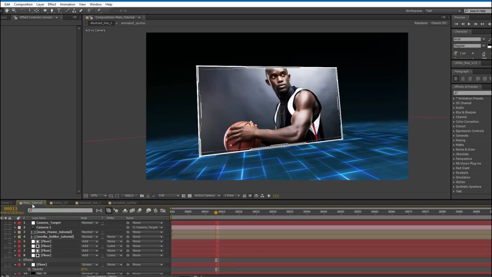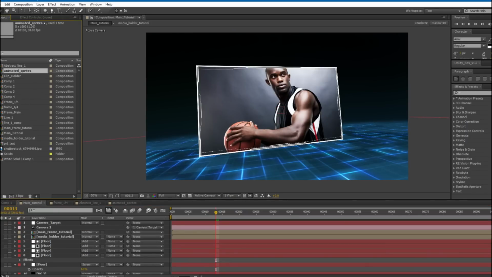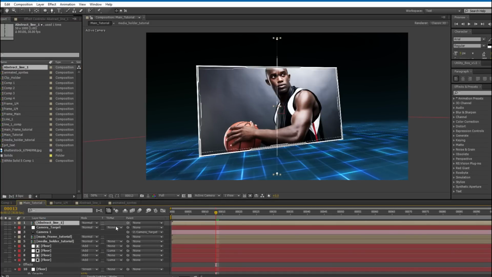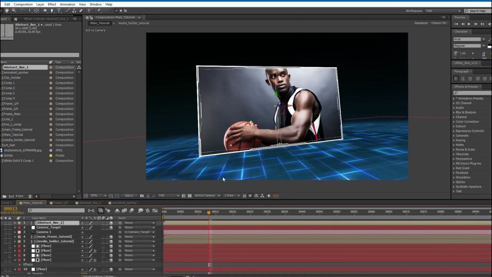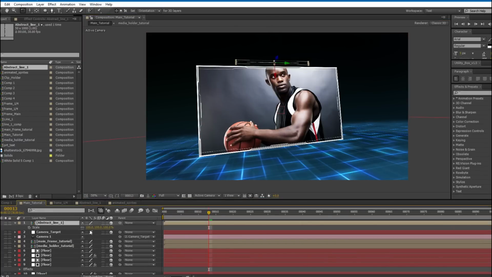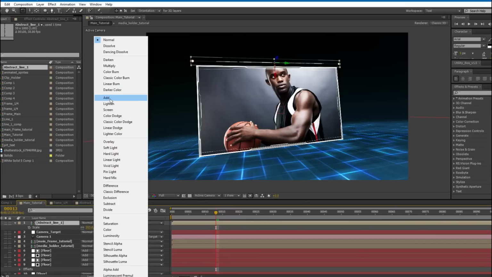And let's go back in my main tutorial and let's drop the line. So abstract line 1, let's make this 3D, and let's reposition this and sort of flip it, and then I can increase the scale just so it's the same width as our frame, and I can set this to maybe screen,